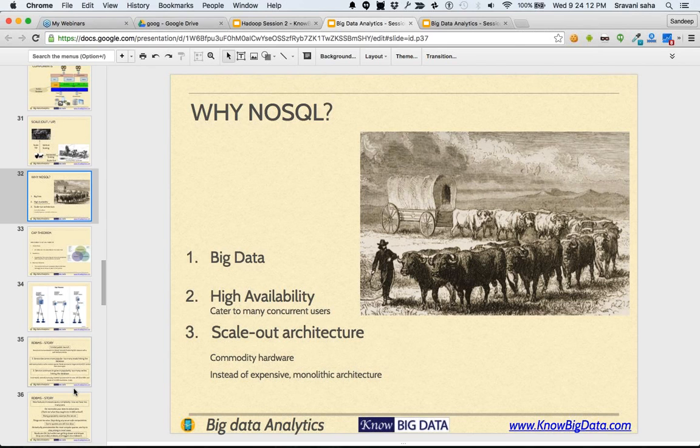Now, in case of high availability, if you have many concurrent users, both of these systems, MySQL, Oracle, Postgres, are limited by the memory of the machines, because the number of connections is a function of how big the RAM the database has. Therefore they are limited excessively because of the hardware constraints as well as their architecture.